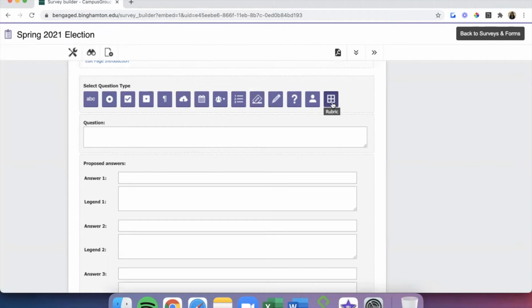For an election ballot, we'll want to choose the election option for our questions.